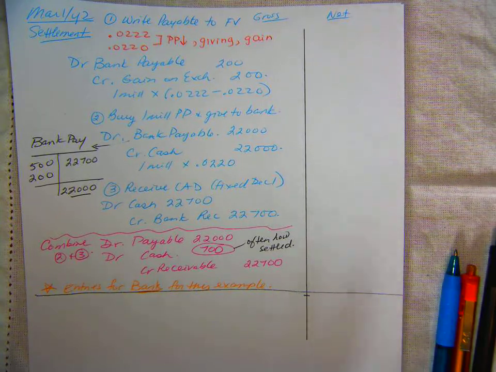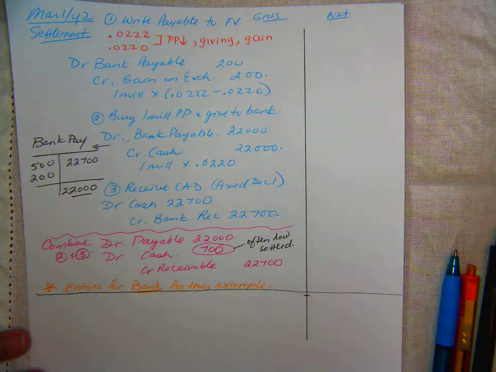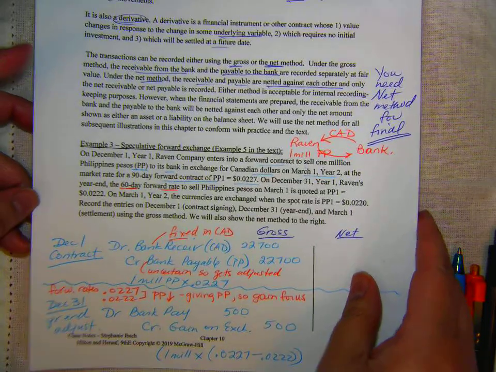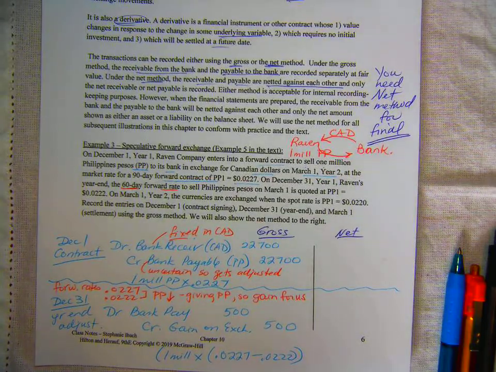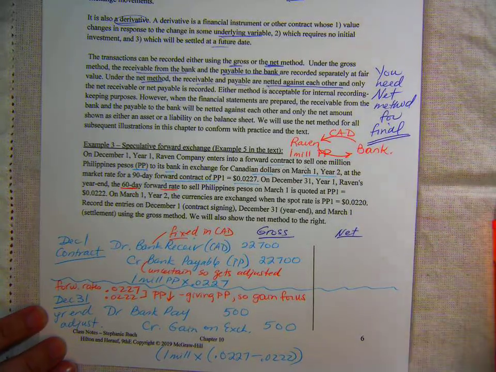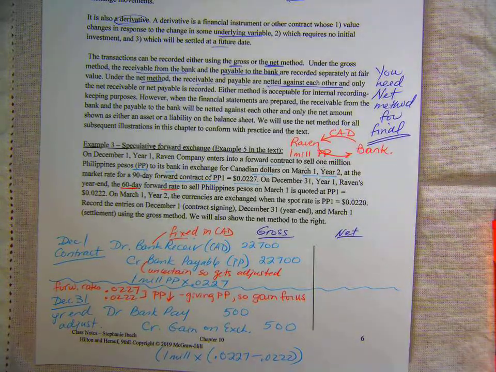So now I want to go through and do the same question except show you how the net method works. So going back to page 6. What happens is when you actually enter into the forward contract, the net method just nets out. It only does an entry when they're not